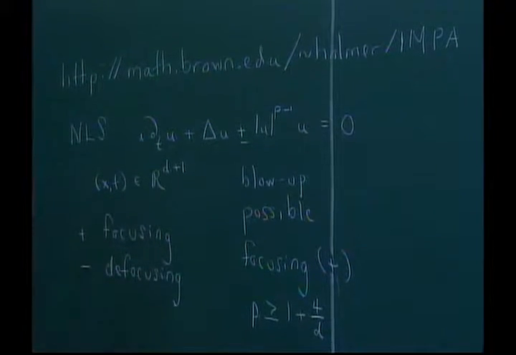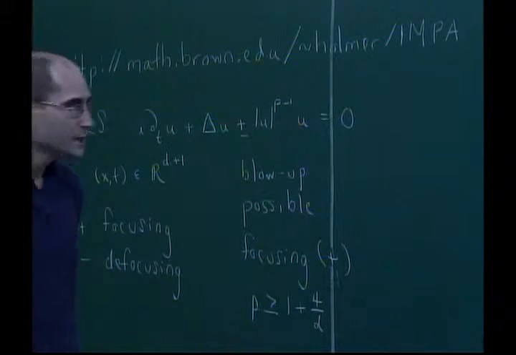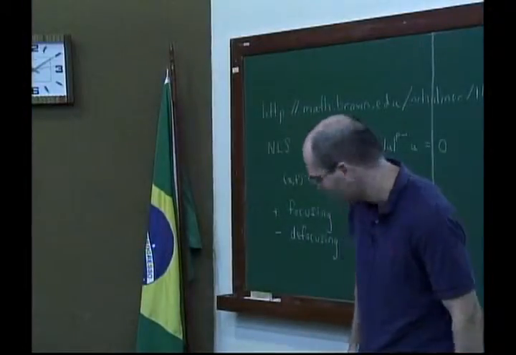In particular, that includes the case of d equals 2 and p equals 3. This is the so-called cubic NLS in 2 dimensions, and d equals 3 and p equals 2, so cubic in 3D. And this equation arises as a physical model in a lot of different settings, but